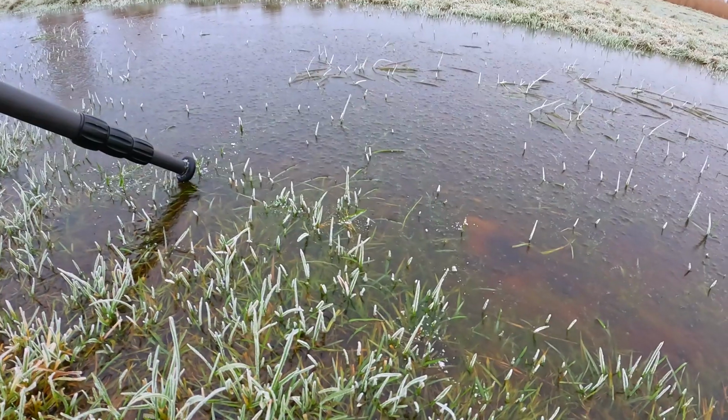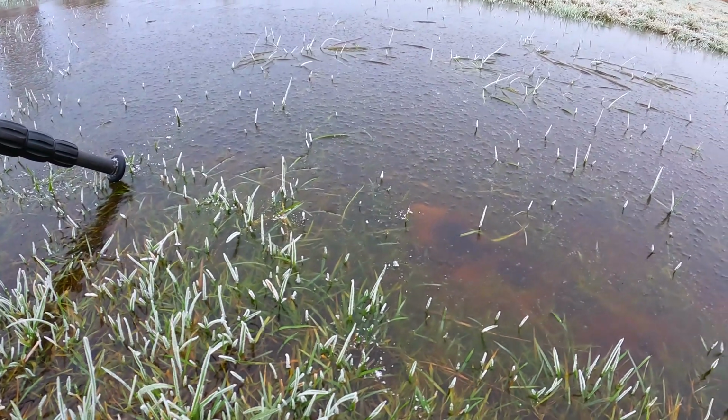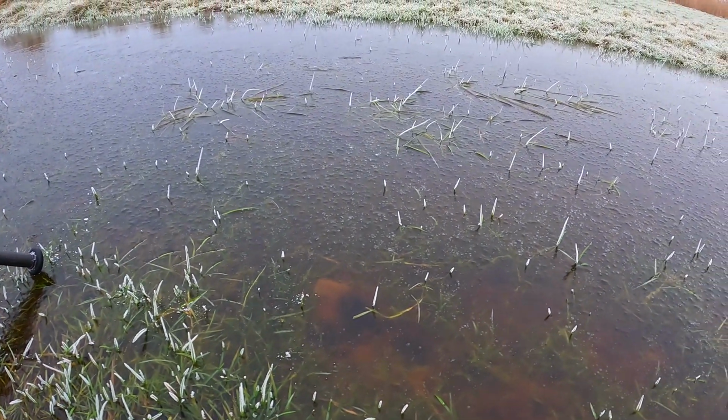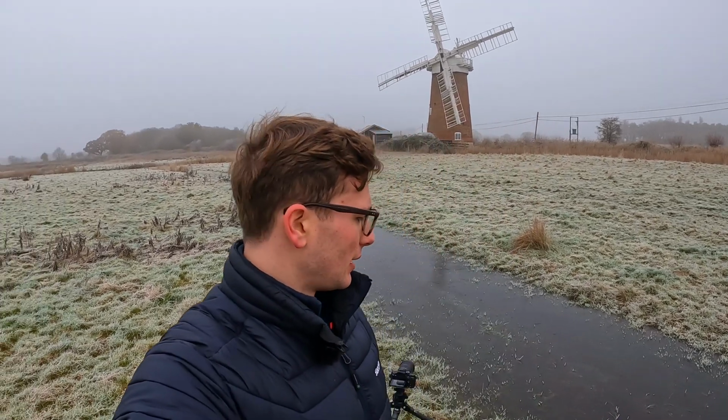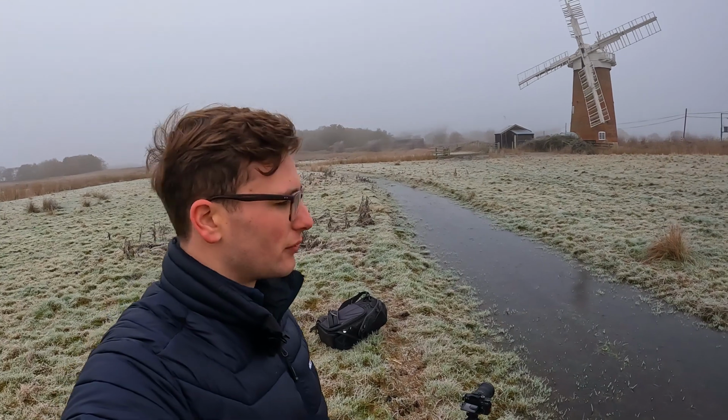And I'm not sure if you can see on the video, but there's some grasses sticking out of the water, and that little bit sticking out of the water has become really frosty. So it's really interesting actually, and I quite like it. It adds a bit of interest into the foreground. Unfortunately the water doesn't quite lead into the mill. It kind of goes off to the left, off to the side a bit,